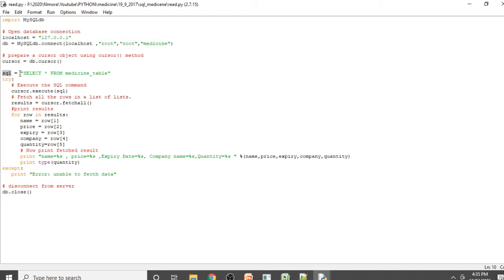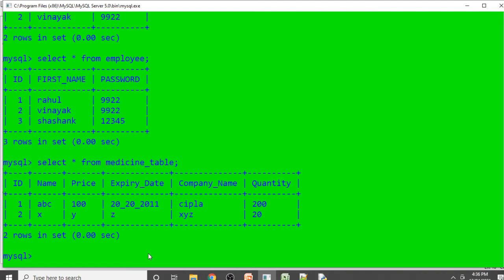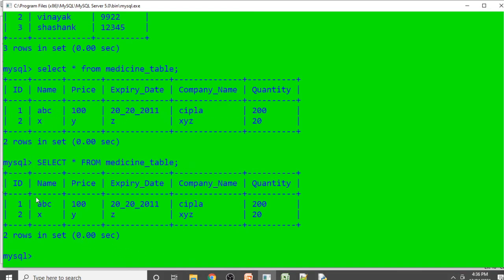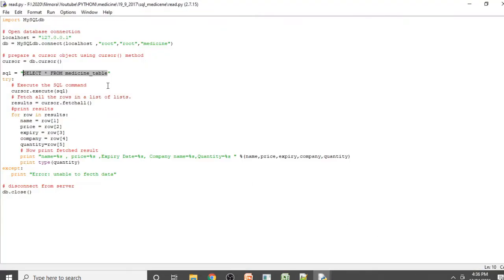Then SQL is a variable which stores the command of your MySQL. So command is select star from medicine table. So basically this command is used to read the value from the medicine table. If you take this command and execute it here, it will give the output of whatever data is present inside the medicine table. So we have used the same command.